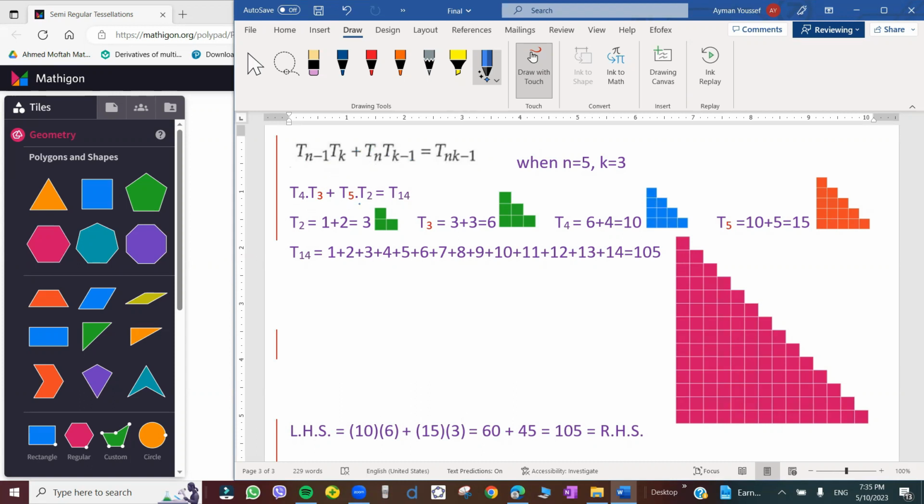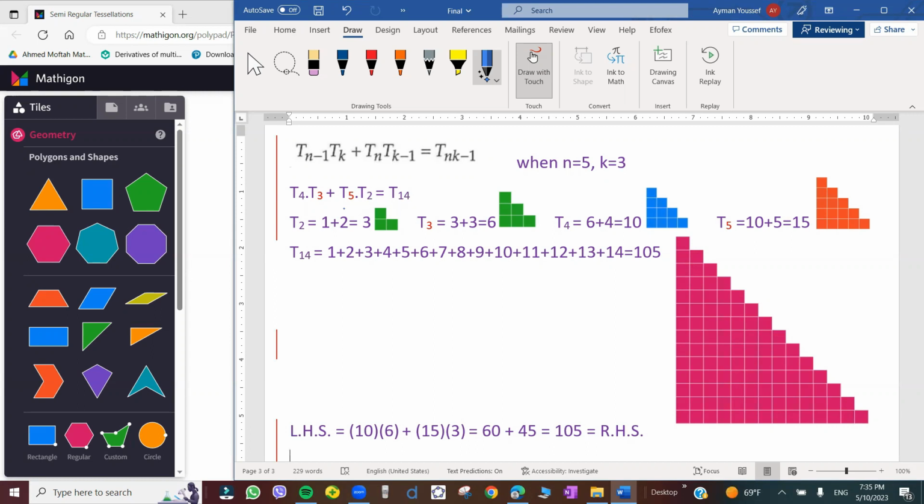Plus T_n, n equals 5, times T_(k-1), k equals 3, so k minus 1 means term number 2. And if we multiply n times k, 5 times 3 equals 15, minus 1, so the right-hand side must be term number 14. So if we can analytically find the numerical value for the left-hand side and for the right-hand side,